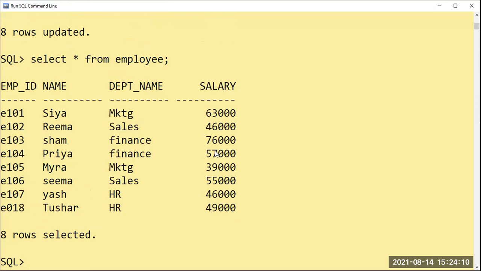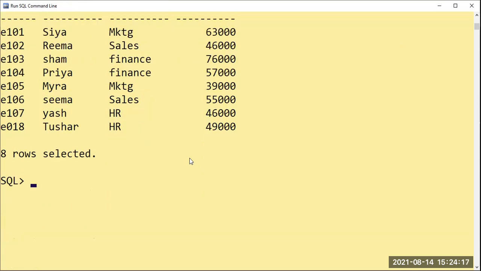This is done. And now let me see what condition I have to give. I just want to increase the salary only for those whose, what condition, below or above. Okay, let us give priority to those who have very low salary.